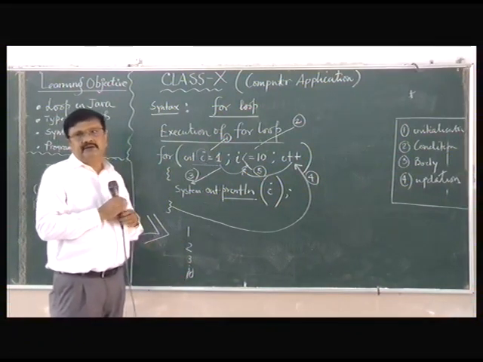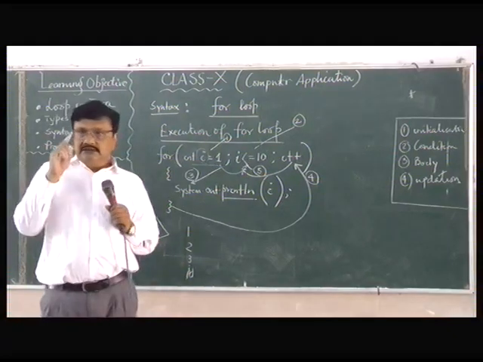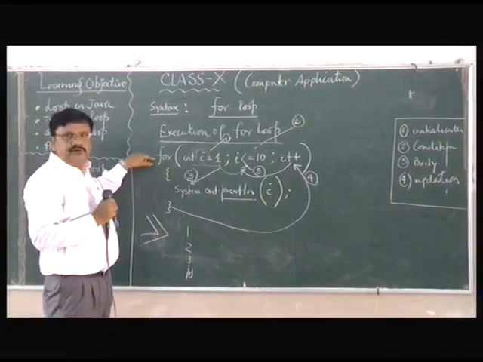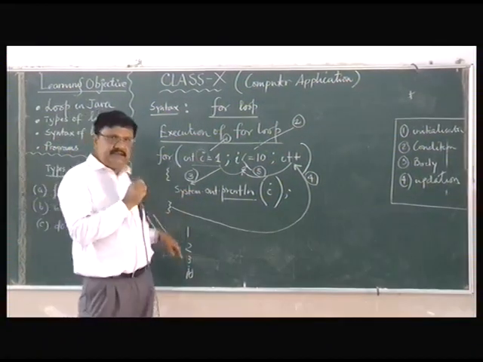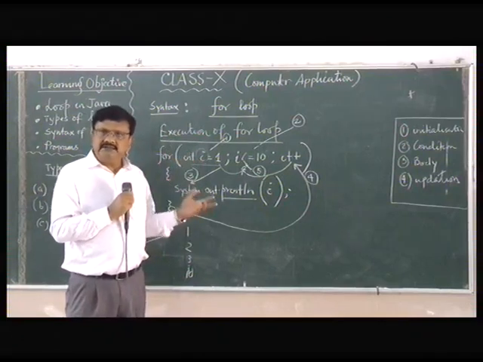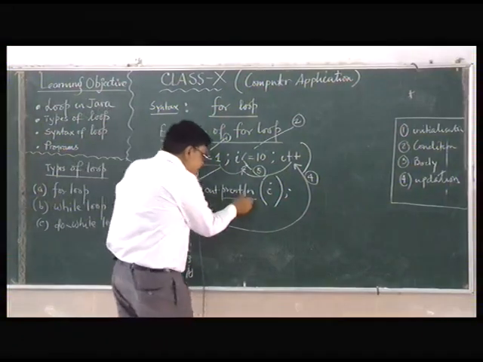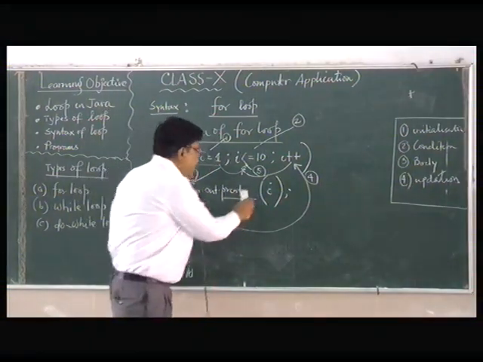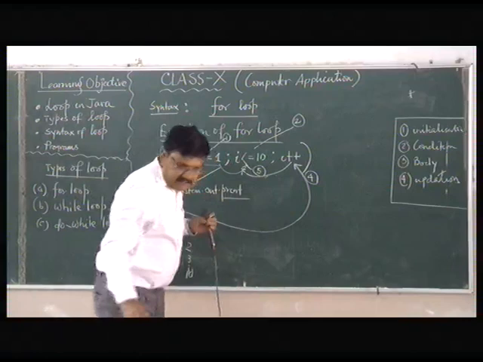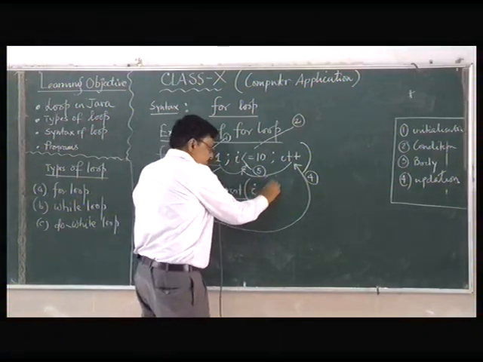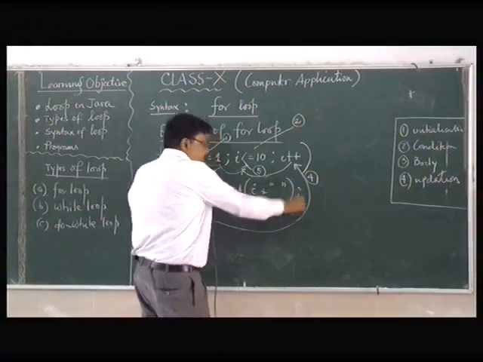This is actually called the syntax of the for loop, and this is the sequence through which a for loop actually runs. Now can you tell me, if I don't write this println, what will happen? Just a minute, you can tell me. I'll write print, I'll give I plus this one, what will happen? How will this be printed?